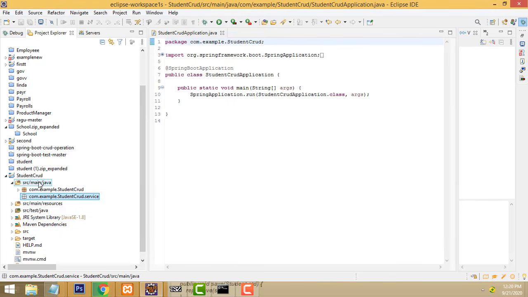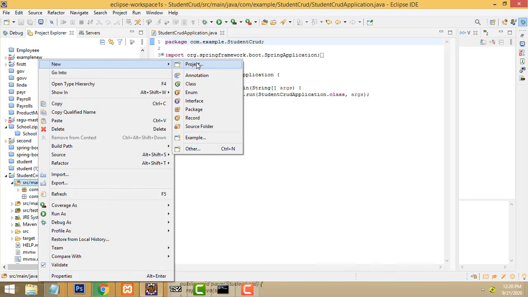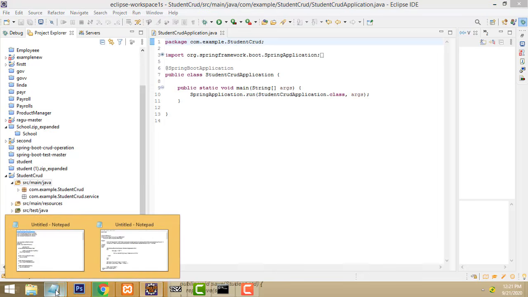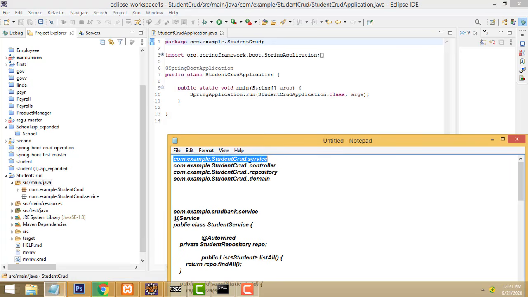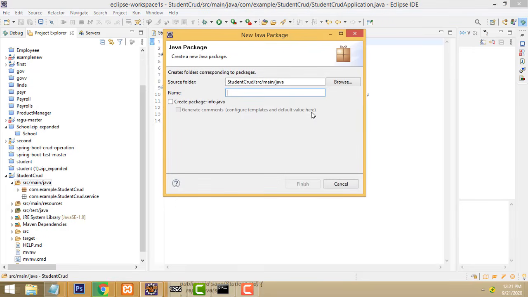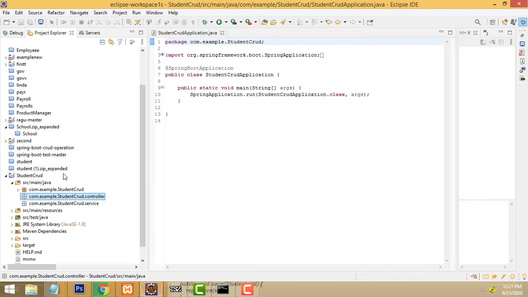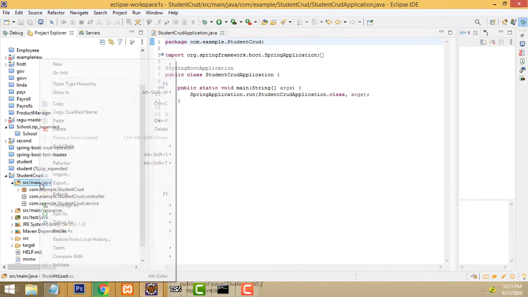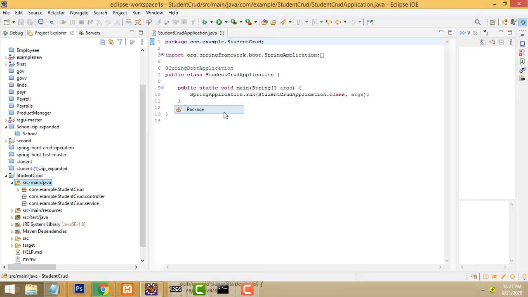After that, I am going to create another one, which is the controller part. So here we have to write the second one, controller. The same thing, the extra dot should be added. Okay, so Control-C to copy. You have to leave the extra dot. Okay, so here right click, new package, Control-V to paste them. Student controller, click finish. After that I have to add another one: right click, new package.